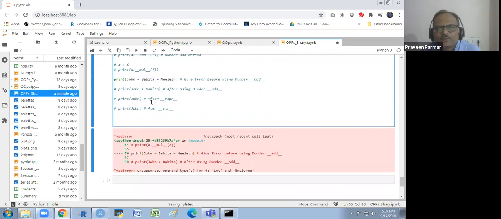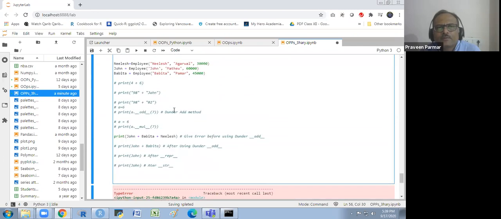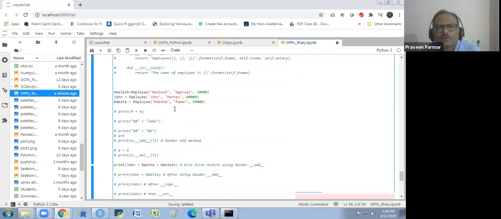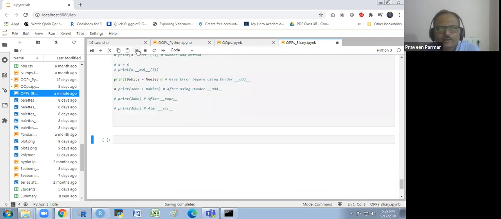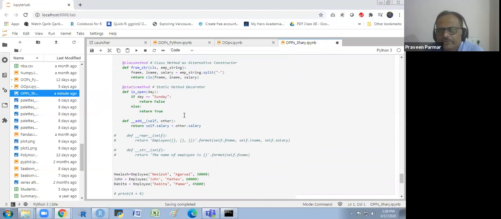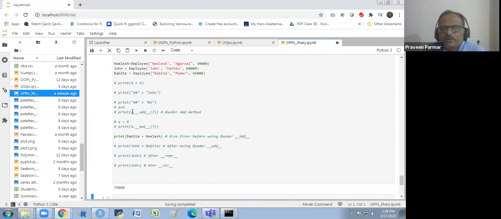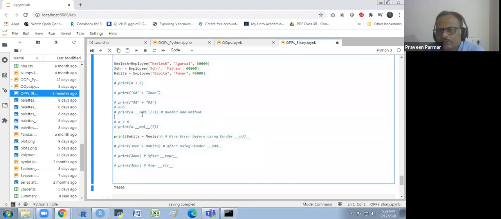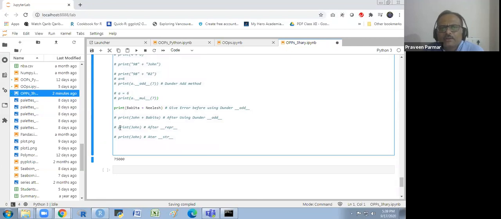This was one type, so plus. For 3 we could not do it. I have not mentioned it over here. If I just move this, then I run this, I will get the summation. We will get the 2 summation here only. For more, we have to use some colon type sign, and we have to change it. So this is about the dunder add we are using, and we could also use multiplication. This is the same.